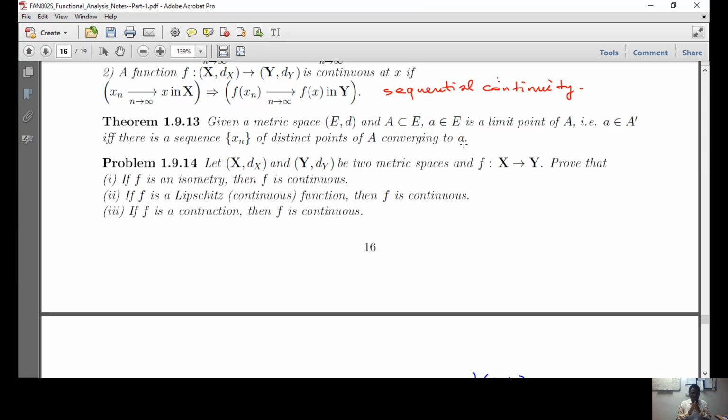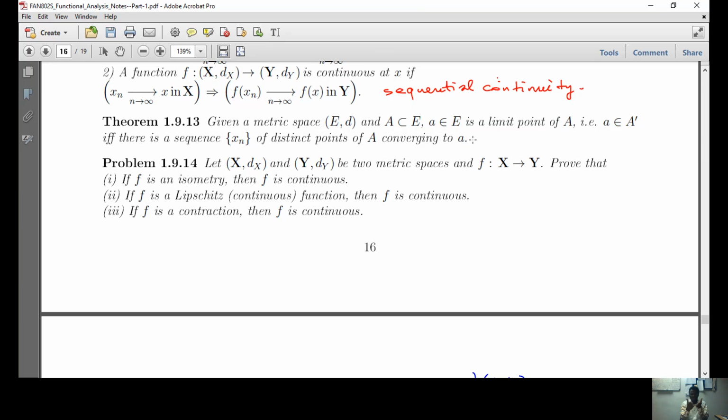Okay, so you have accumulation point and you have limit point. For accumulation point, you can find a sequence like this that will converge, and you don't need the points to be distinct. But now, an accumulation point will become a limit point